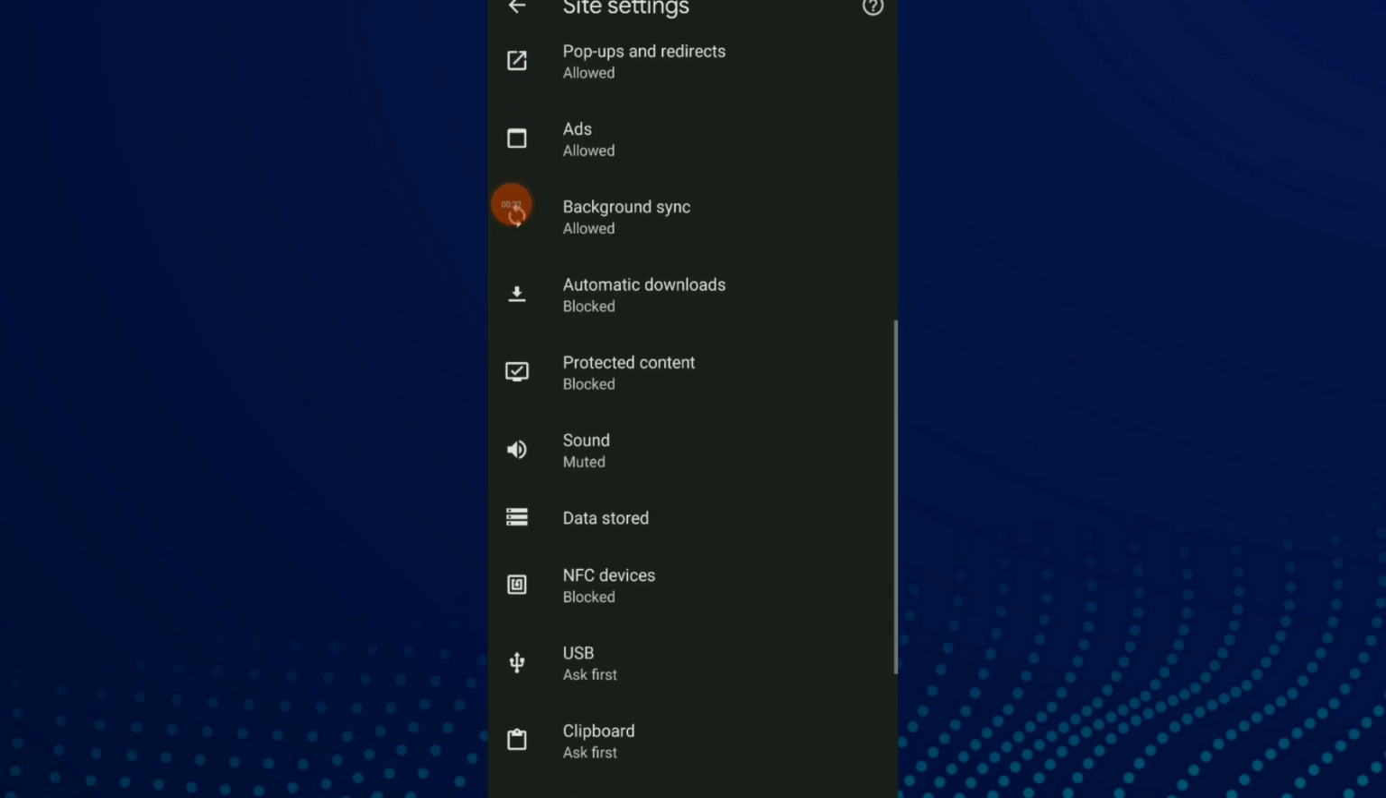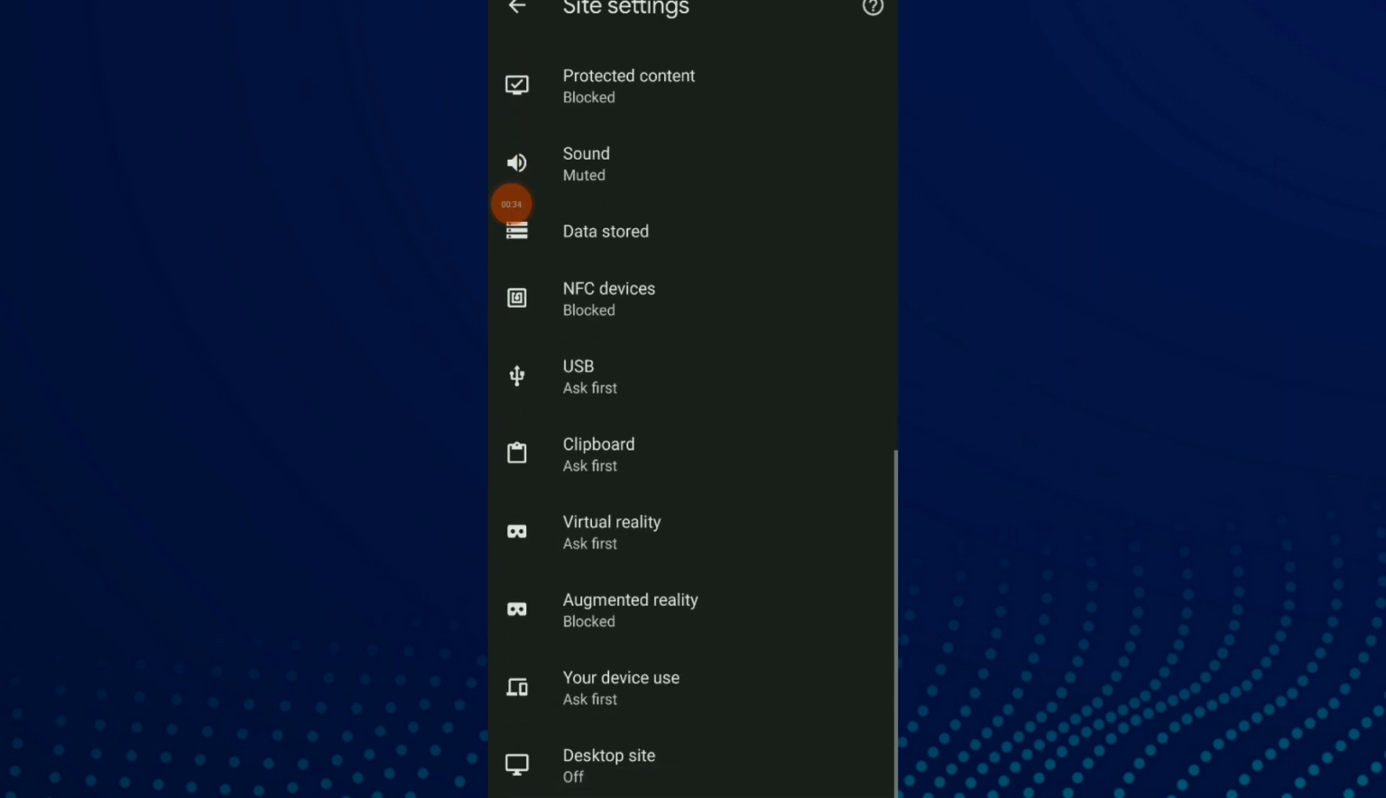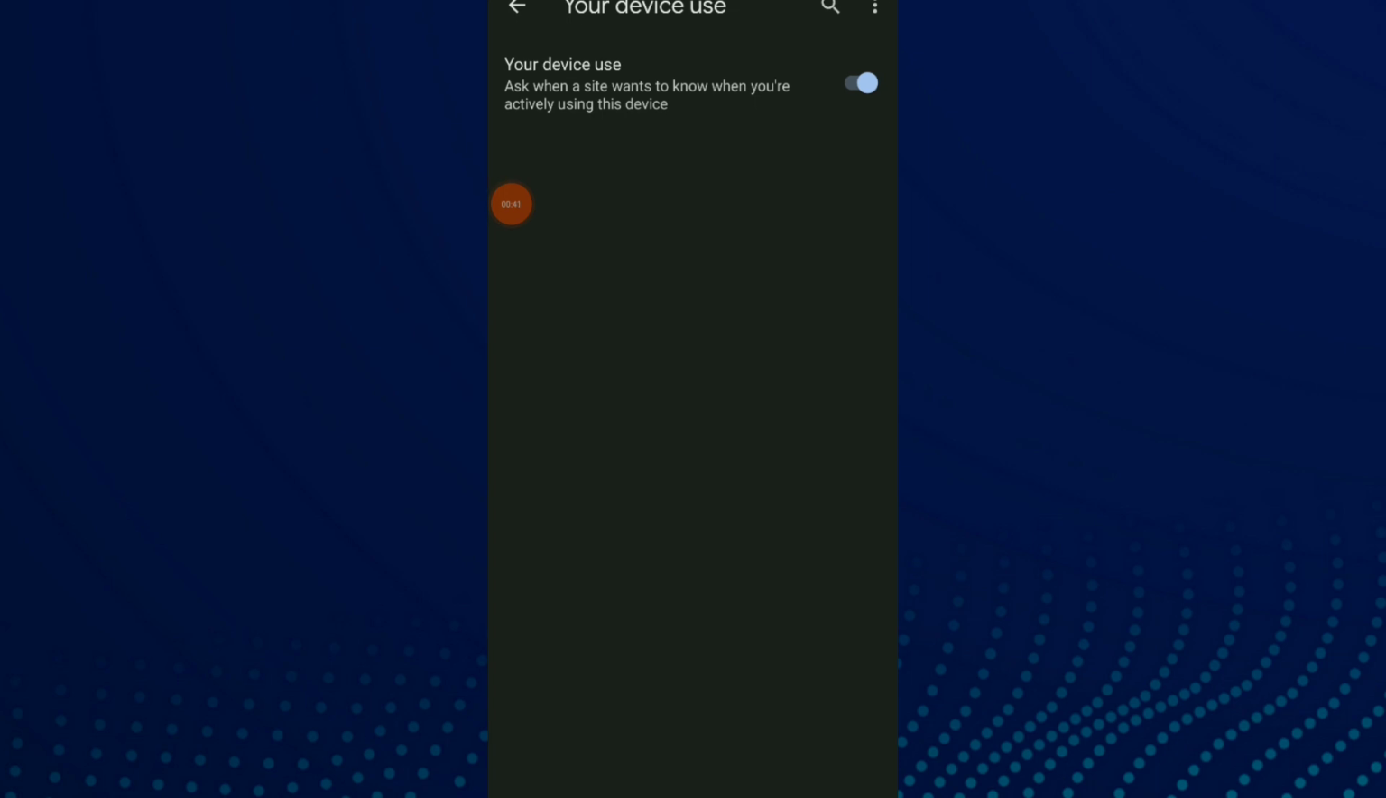Scroll down again, and here you're gonna find your device use. It's the second option before the last. Click on it, and you can turn off or on this option by just clicking on it. You can turn it off to block sites from knowing when you are actively using this device, or turn it on,